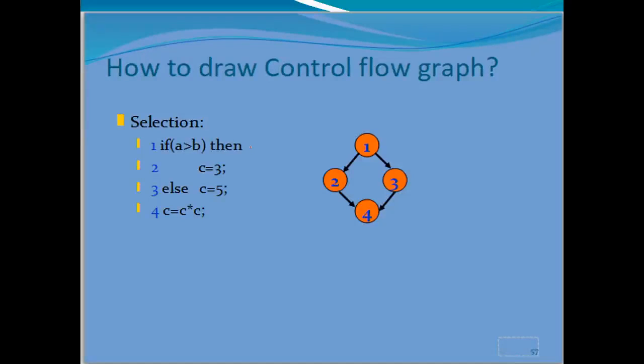See here, this is the conditional statement we have shown here. Whenever you are converting into a control flow graph, first give numbers to the statements so that you will not get confused. You will understand which is node 1, 2 and 3. So the termination we have shown in node 4. After the node 2 execution, it is going to come here to node 5, and even after the else part, it is going to come to node 4.